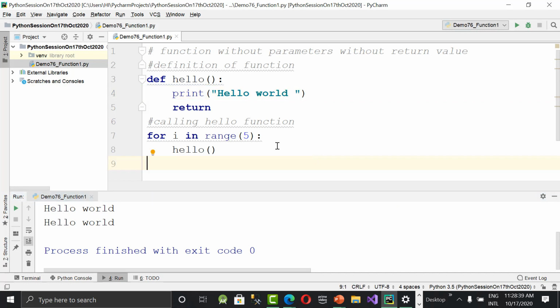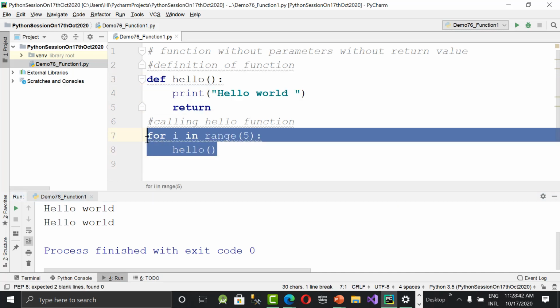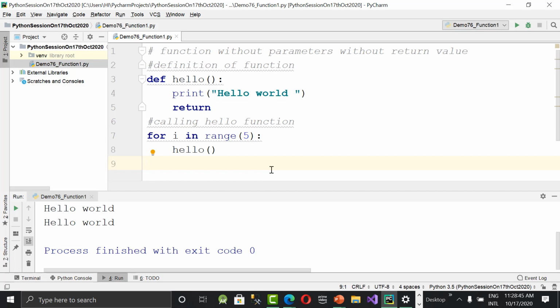Yes, ma'am. Yes. Yeah, return is not returning anything right now. In future, if you are returning some values, like suppose I'm passing two integers to the function and it has to return the sum of two numbers or the product of two numbers, something like that, then you have to write a return statement. In this case, whether you write return or you don't write return, it is absolutely the same. That is what I told you. So the return statement is optional when you are not returning any value, but when you are returning a value you have to write the return keyword.